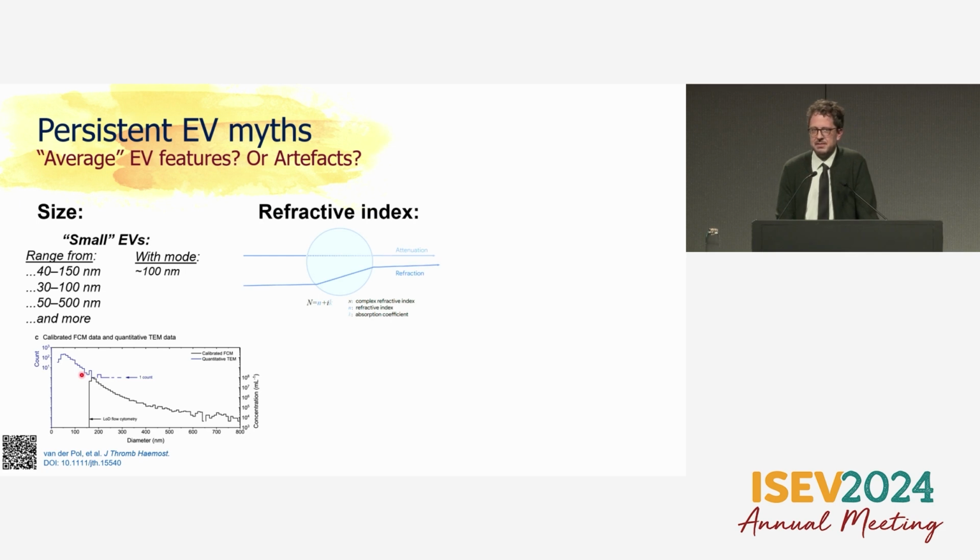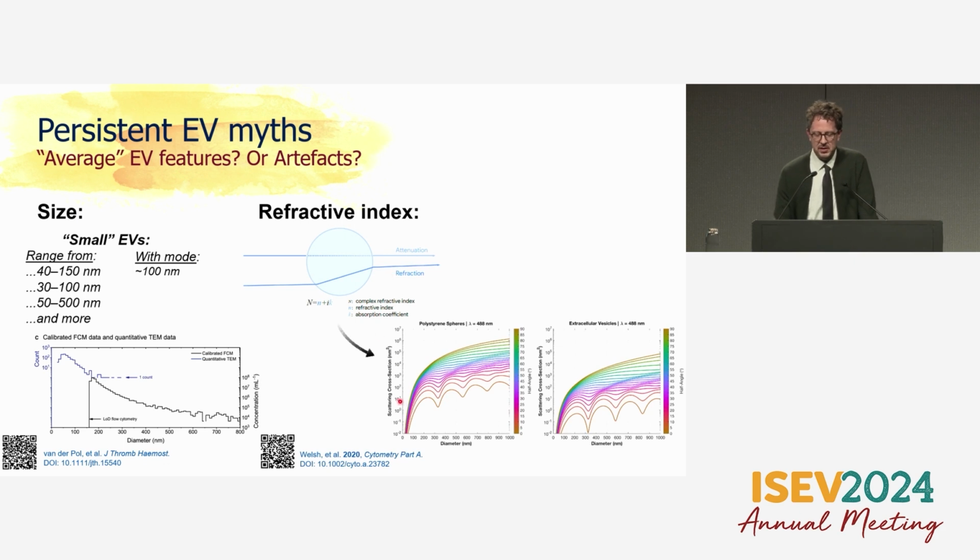Refractive index, again, and this is all in my opinion, is completely understudied for EVs, as are the implications of what we're assuming when we use these types of models. If you're not familiar, this is a complex property of particles, and I mean complex in the mathematical sense, which depends on the light attenuation or the absorption of light by these particles, in addition to the angle of the refraction, the way that the light scatters out of the individual particle. What that leads to is these very funny curves.